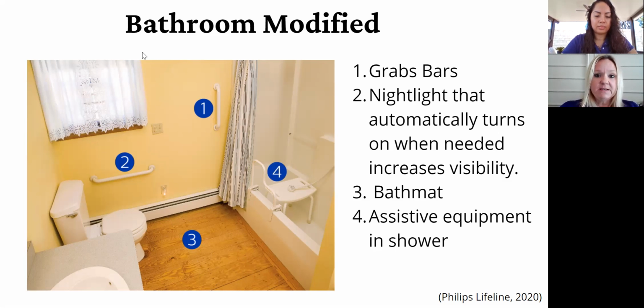If a client is unstable and a fall risk, having either weakness of their body or just balance difficulties, sitting in the shower decreases the chance that they're going to fall. And then the long-handled shower hose is so that they can reach and shower themselves without having to stand up and move around, because standing up, if they're unstable, does increase their chance of falling.